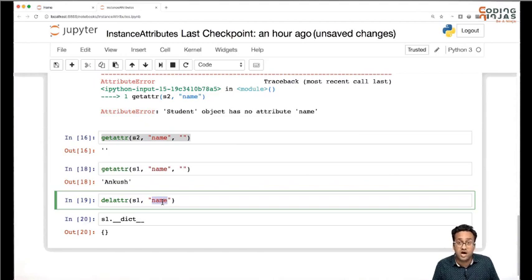In the next session, we will look at how can we make sure that any student that is created has a name and a roll number attribute. So I will not have to worry later whether my student object has a roll number or not. So that will be taken care once we go through the next session that we'll be discussing later on. Okay, so you have these three functions and you need to make sure that you understand how they work, and in the next session we will be able to see how we can make sure that there are few